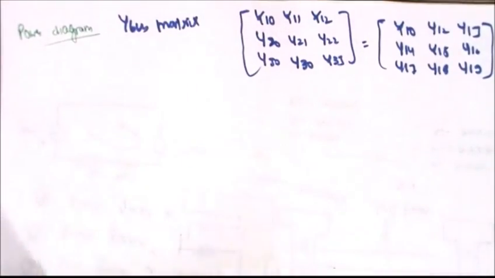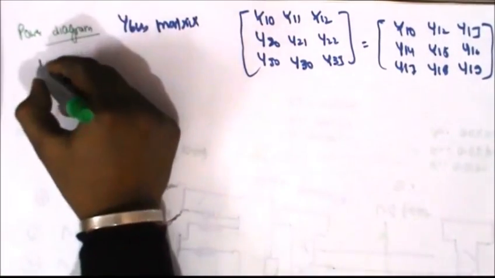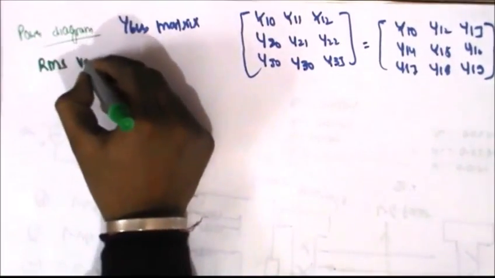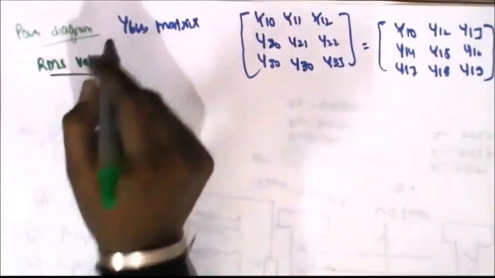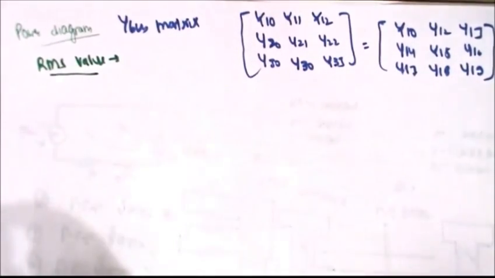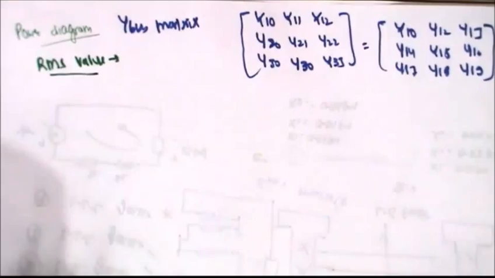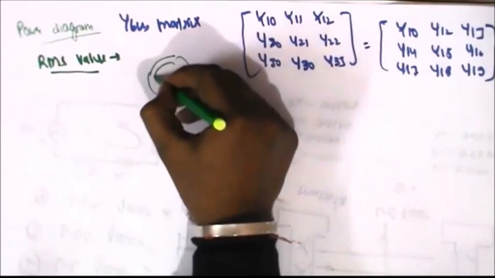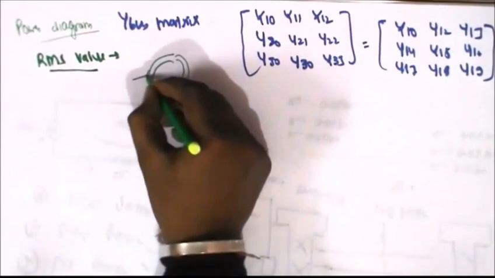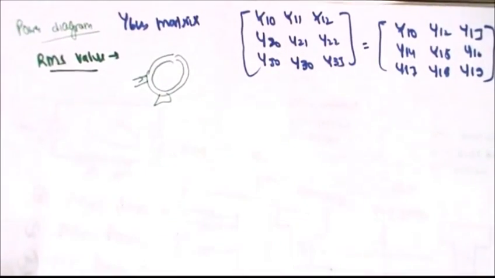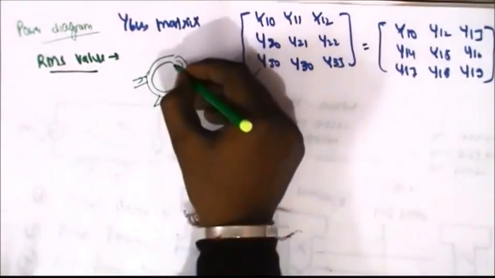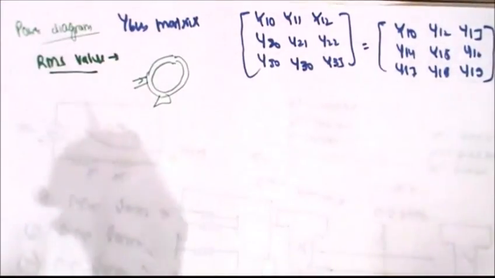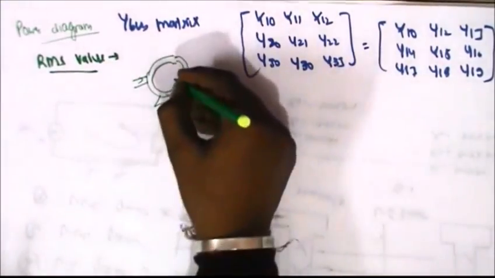we are just representing the RMS value. The RMS value is a value which gives the constant value. It gives a particular point where the heat is generated in the system. Let us suppose this is the machine where the current is flowing. How can we define how much current is responsible for the production of heat in this machine?